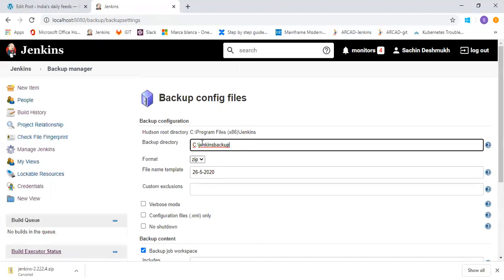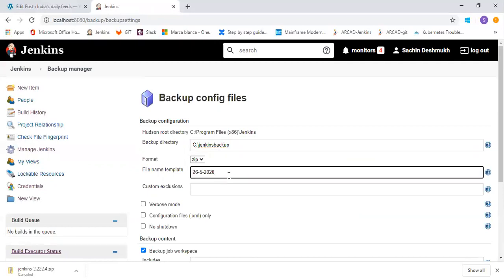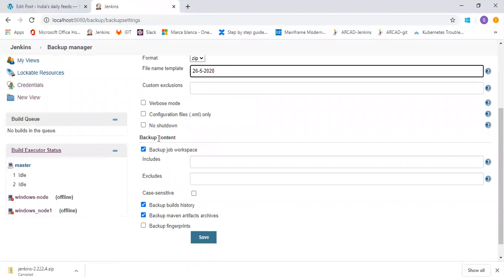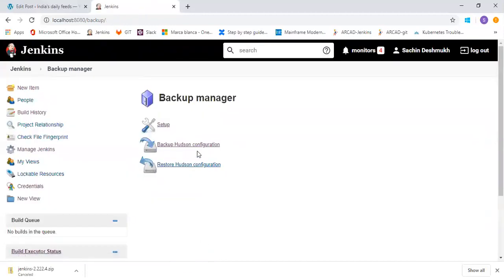The format will be zip. You have to give the name of the template and select what content you need to back up. Based on that, just save this information and click on Backup Hudson configuration.